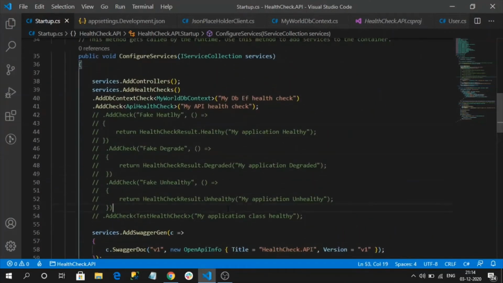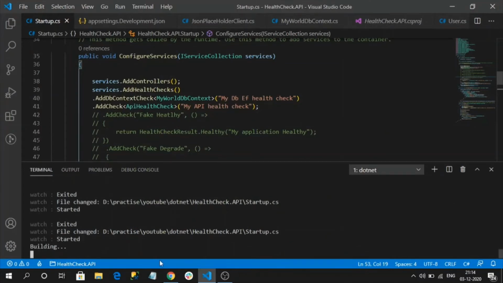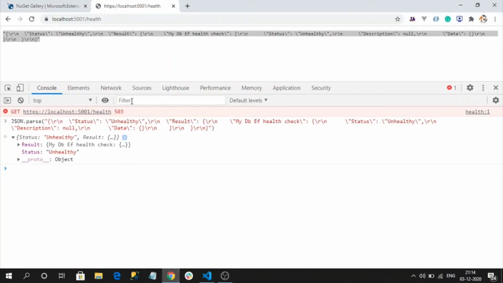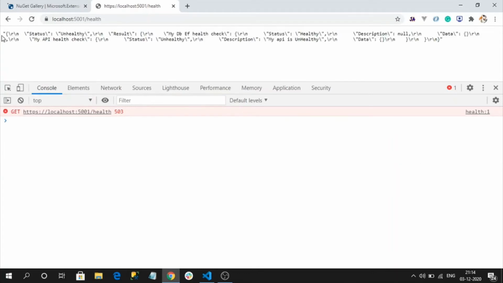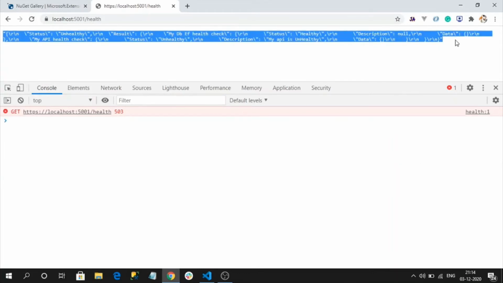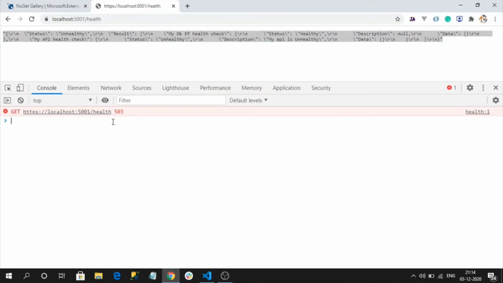Let's run the project. Okay, it is working good. Let's refresh our health check endpoint. So let's see the results more clearly.